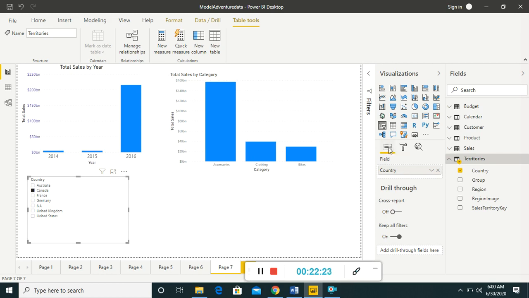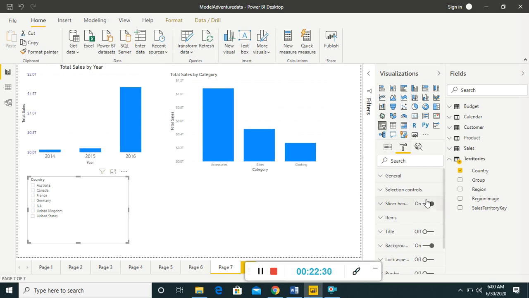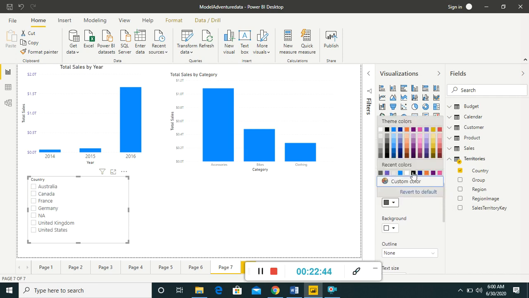Now I want to apply some formatting. I want the items to be visible, and I want to set the font color. You can apply the formatting as per your requirement.